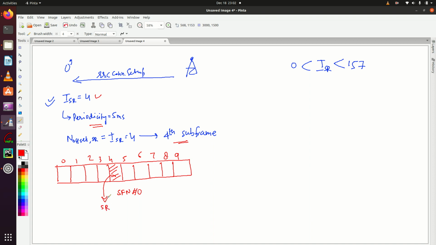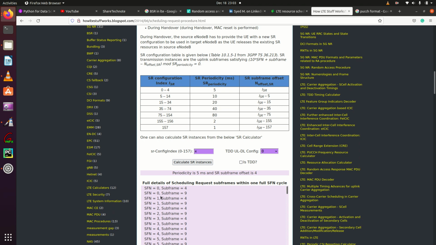If the UE was not able to send the scheduling request at this subframe, then the periodicity is 5 milliseconds. So 1, 2, 3, 4, 5. After 5 milliseconds the UE could send the scheduling request at this subframe. It means at the 4th subframe or 9th subframe of SFN 0, the scheduling request could be sent by the UE. The same thing they have mentioned here.